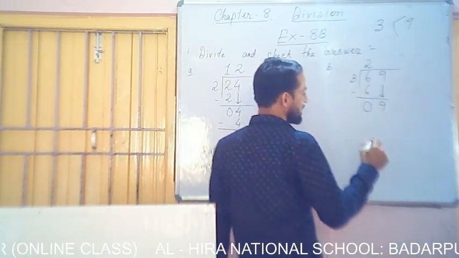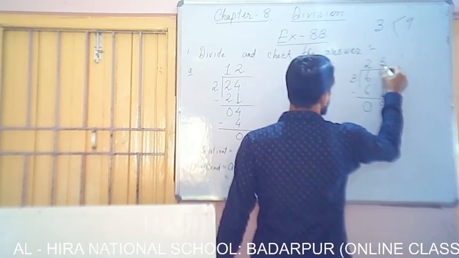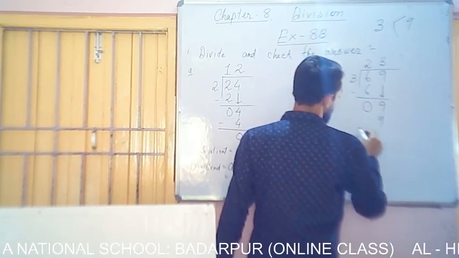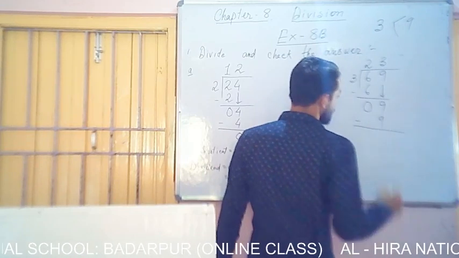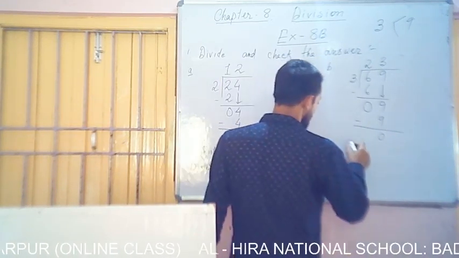So 3 ones are 3, 3 twos are 6, 3 threes are 9. We are going to write here 3. Again we have to subtract. So 9 minus 9 equals 0. So the question is